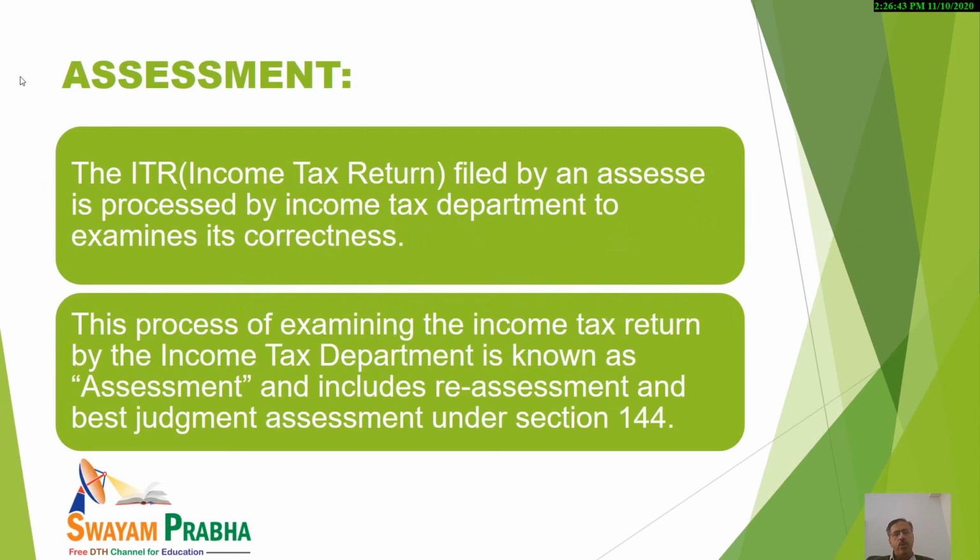First of all, you know that there are five heads of income. These are salary, income from house property, income from business or profession, then the second last is capital gain, and the residuary head, that is the last head, is income from other sources. Now, when the income tax return is filed by the assessee,